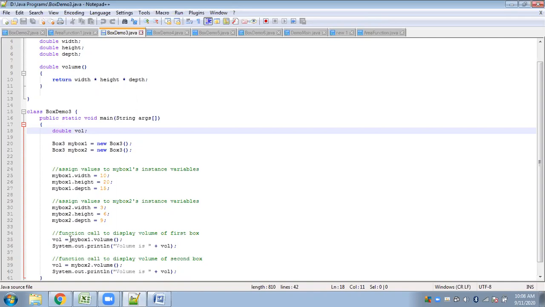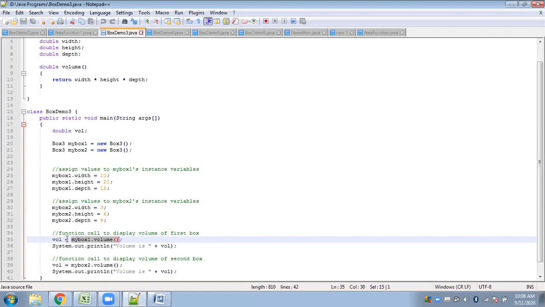When this statement is executed, first the right side of the expression will be resolved. And what do we have on the right side? We have a function call. So when this part is executed, there will be a transfer of control to the called function. Then it will perform its task and return the volume of box 1.